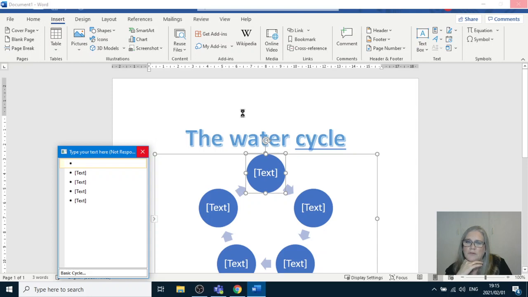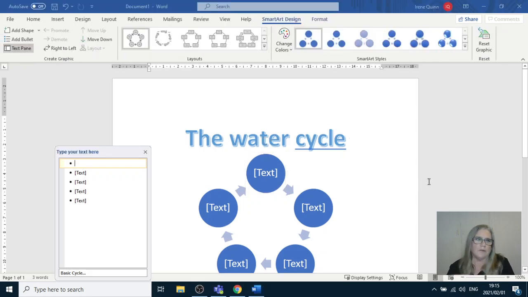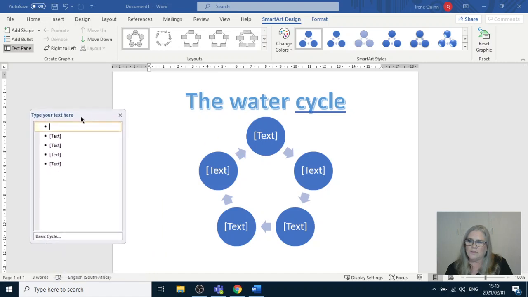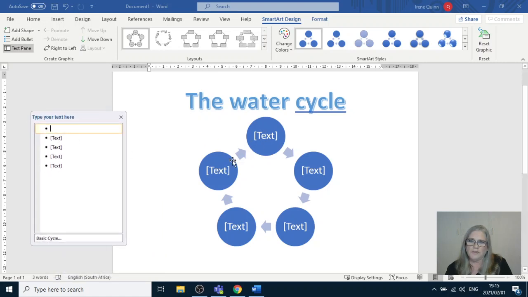My computer's a little bit slow. Right, so there we go. Now as you can see on this side we have a little table. These bullets over here represent each of the little circles in this cycle. So the first one, it's going to be the water cycle. So we don't know where does the water cycle start? Well, there's no start to the water cycle, because it is a cycle. So condensation, I'm going to type in condensation,